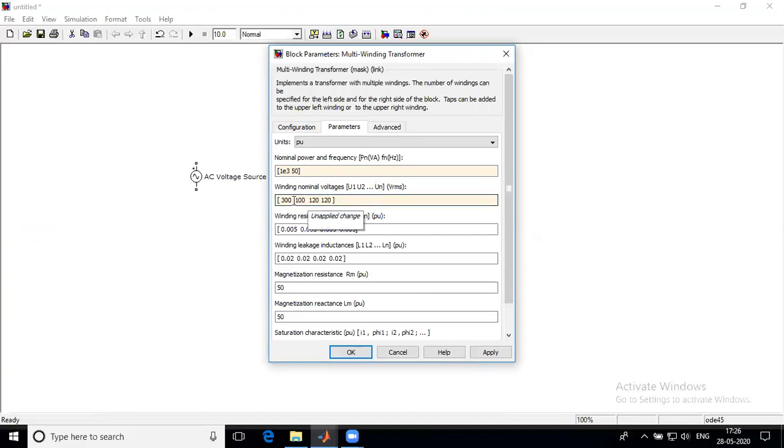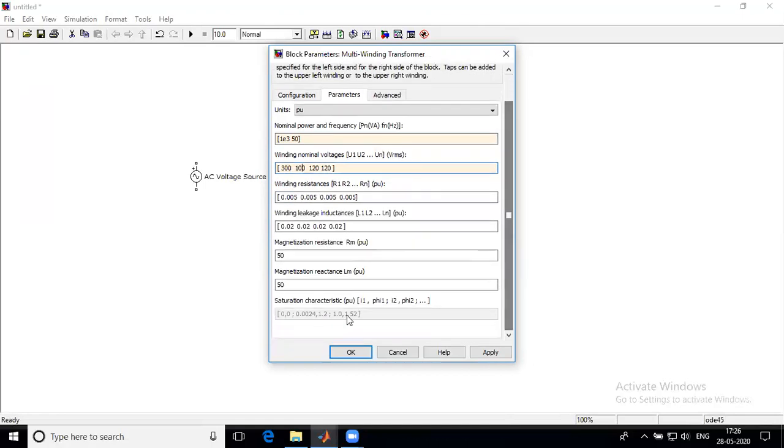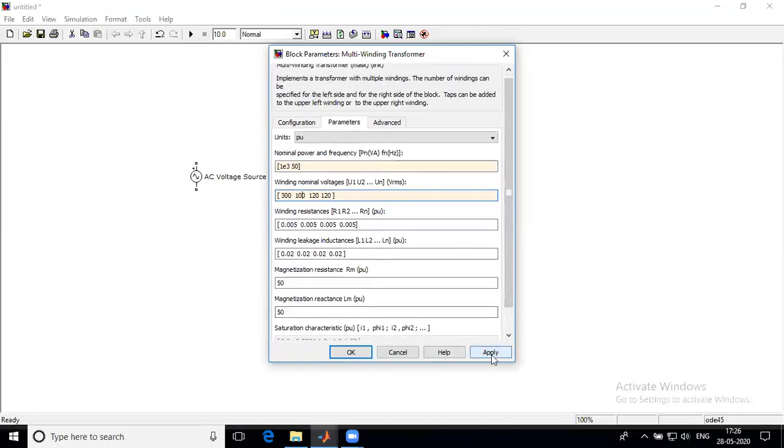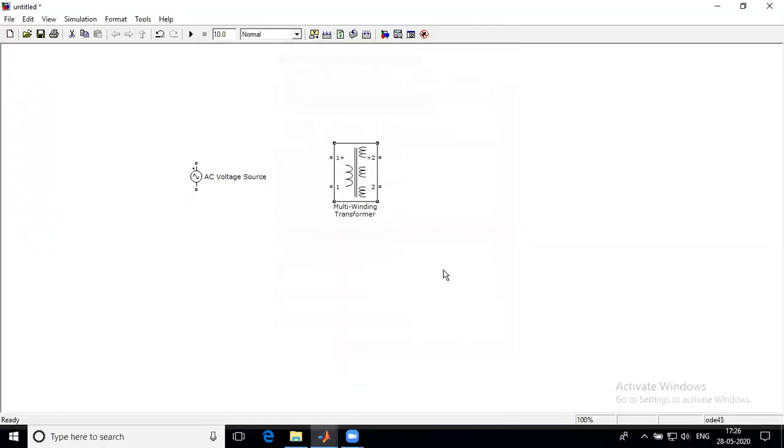The 120 to 120 values are not required here; even if given, they are not applicable for this case. Then winding resistances are all given here. Suppose we are not changing these parameters. Apply, OK.